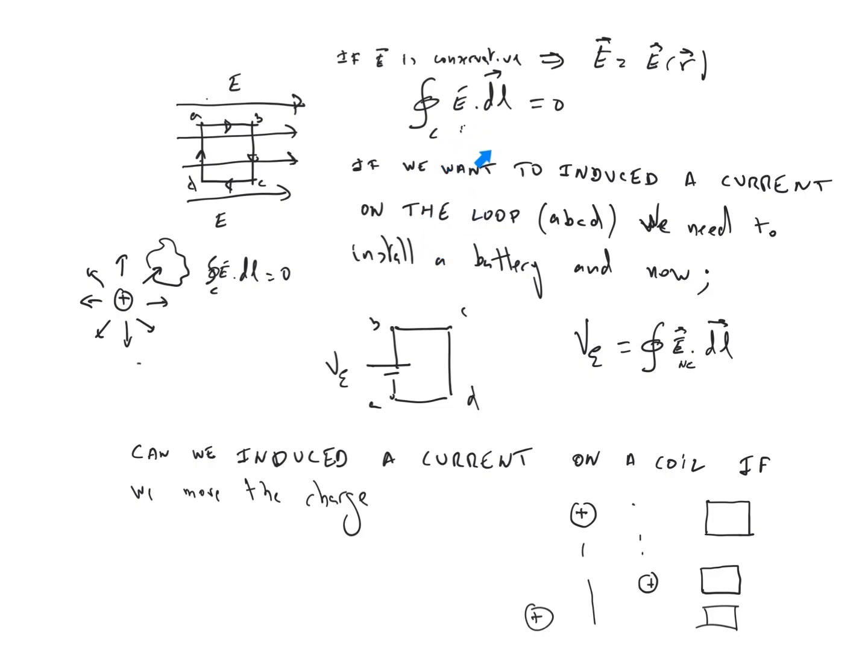So we want to ask: can an electrostatic field produce a current in the circuit? If I put a loop here, and I put an electrostatic field here, an electrical field that doesn't change with time, can the electrical field produce a current in the coil? And the answer is no, impossible. It's impossible, not only because the circulation is 0,